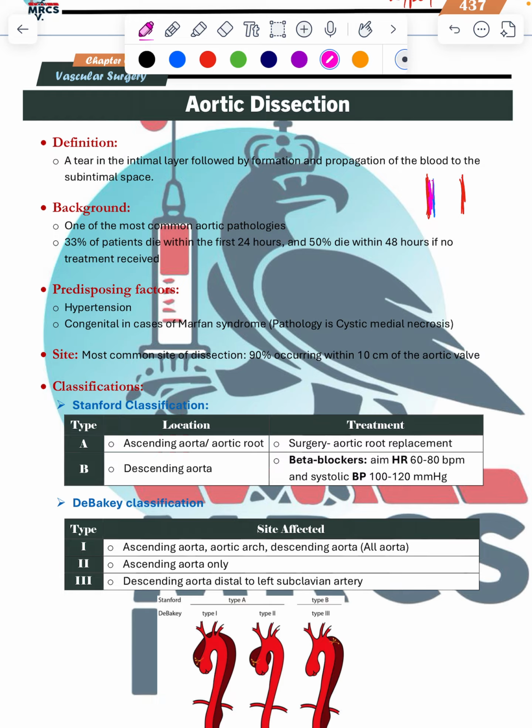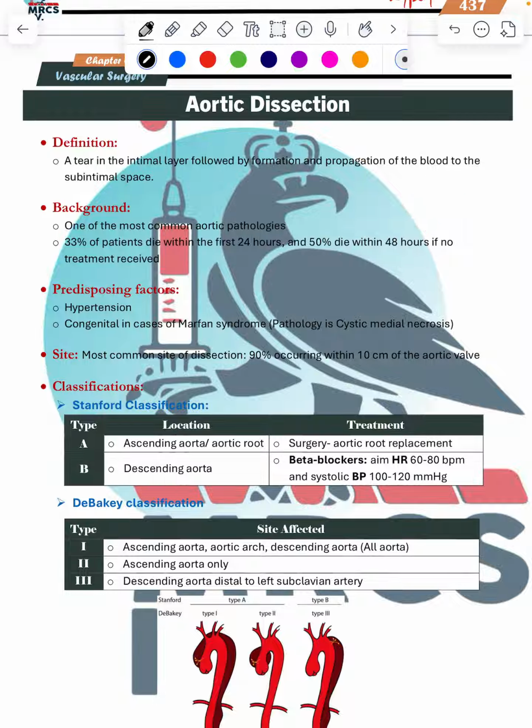So if all three walls get dilated, that is a true aneurysm. And if only the outer wall is dilated and there is penetration, a tear in the intima and medial loss, then that is a false aneurysm. And dissection is when sometimes the blood goes inside the layers of the wall, so that is dissection. So what happens is there is a tear in the intimal